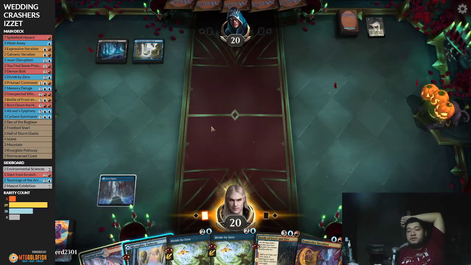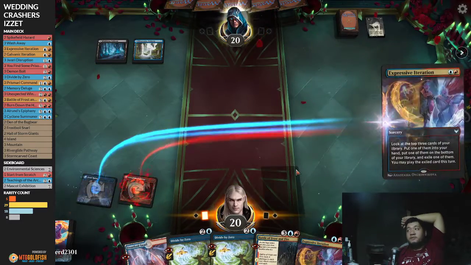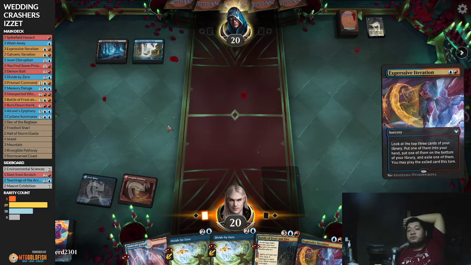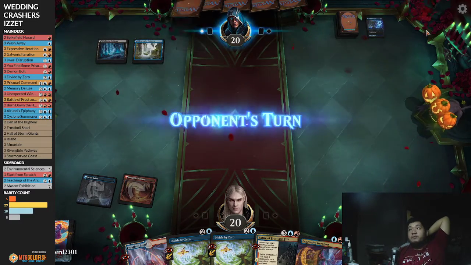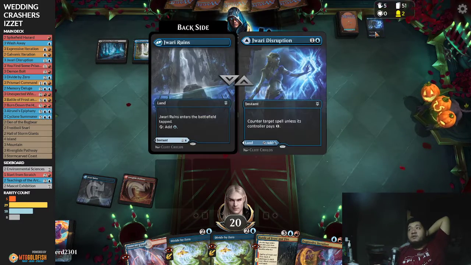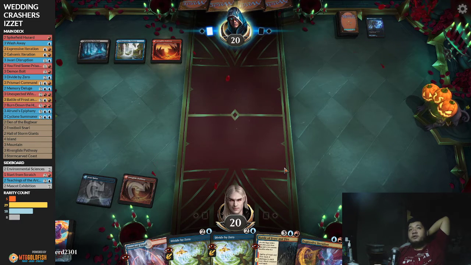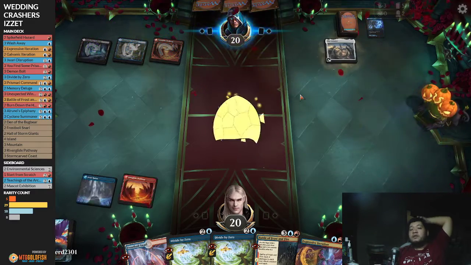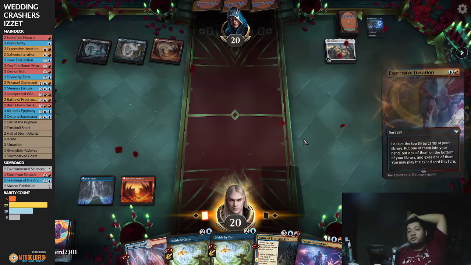So we got our Expressive Iteration. We'll use this to fix our land drops. It's also a way to see if our opponent has the Jawari Disruption. Yet they do, so let's get that out of the way. Blue-black, this one is good against us particularly. It's kind of bad against... okay, so they hit the Celestus. We unfortunately need...